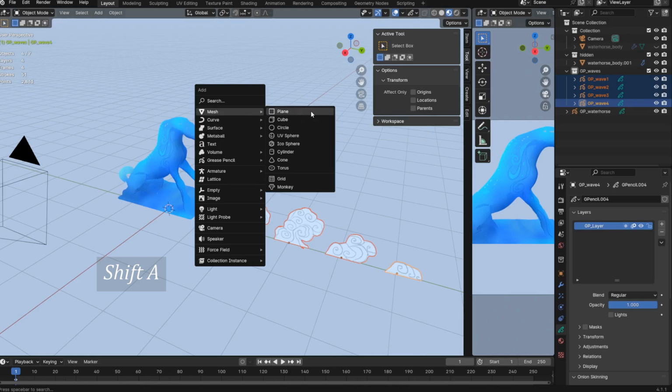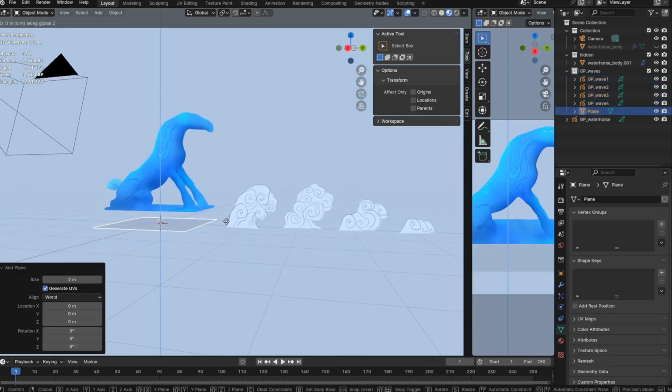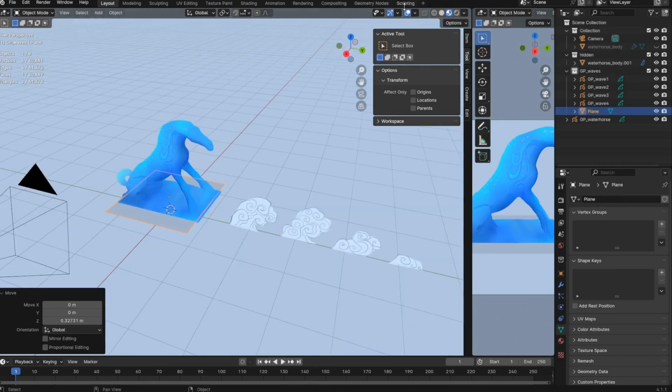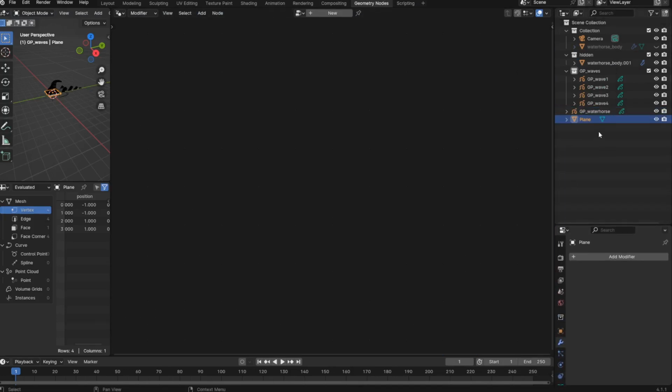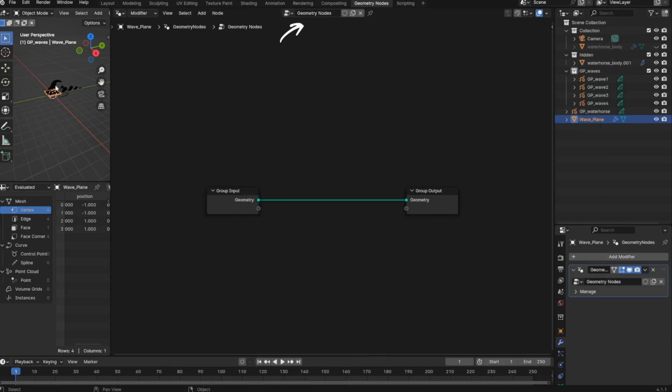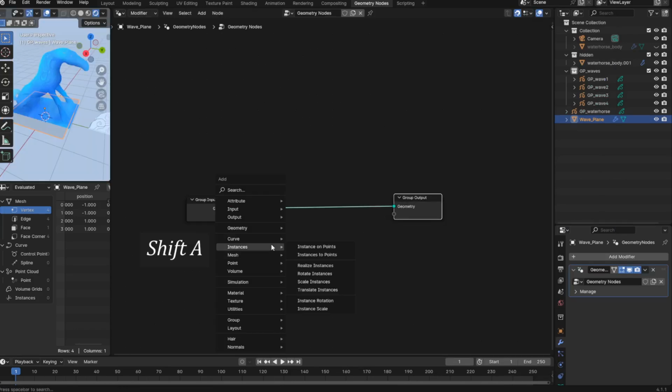Then I want to add a plane, which I'll position at the bottom of my water horse where there's already the grease pencil base. Now, into the geometry nodes workspace, let us go. I'll move the plane out of this collection before I forget, and then I'll give it a geometry node modifier. So I want to add an instances on points node,